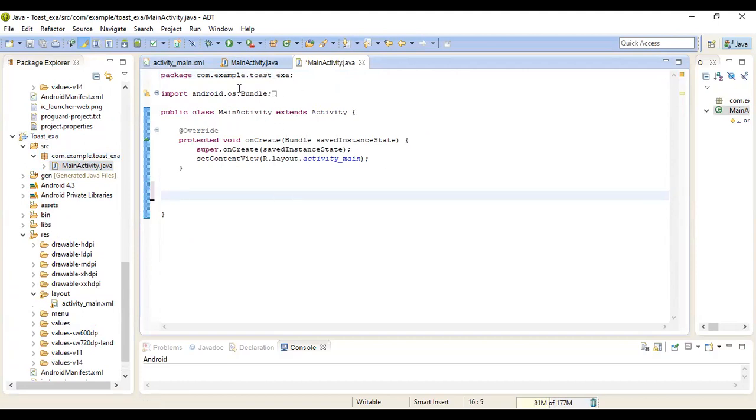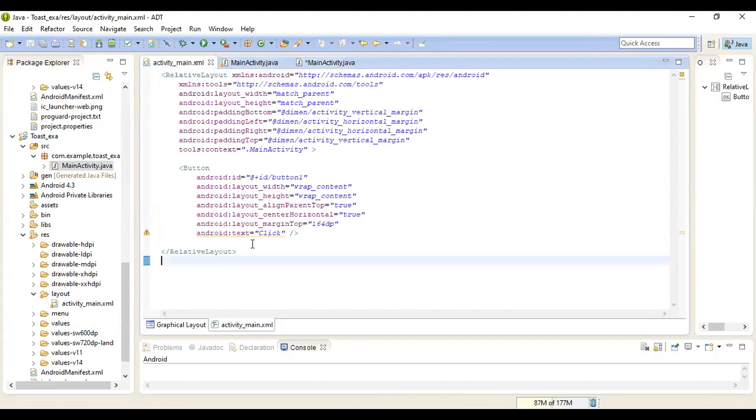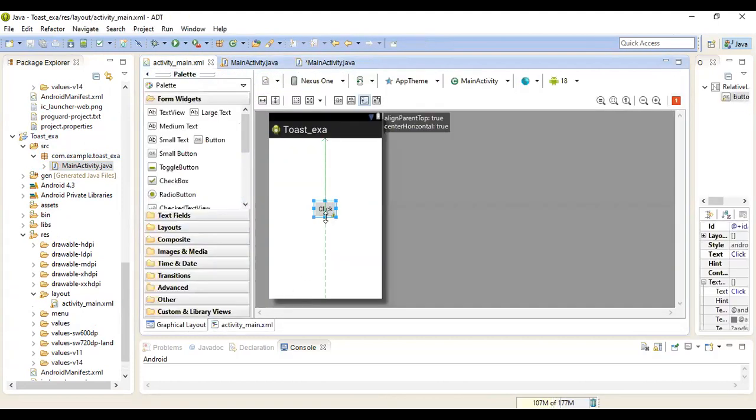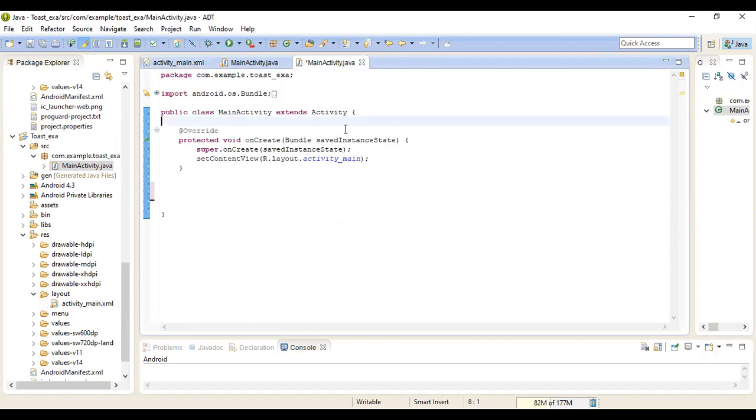Now, in the activity file, we have one button, so we have to find this view in the Java file. So open your Java file and declare a Button object. So Button, and the object of Button is btn. Put the semicolon after that.